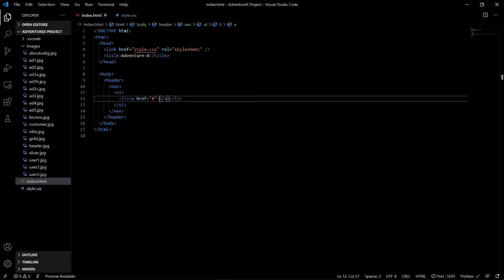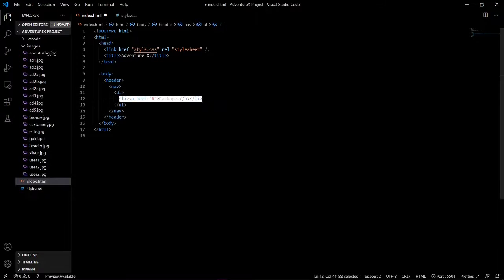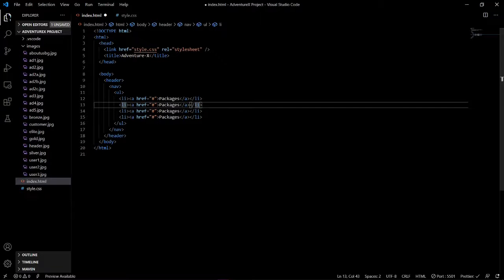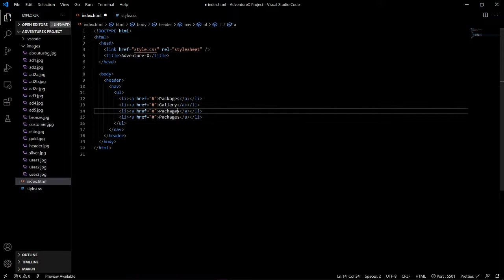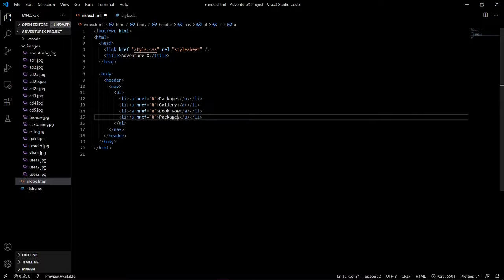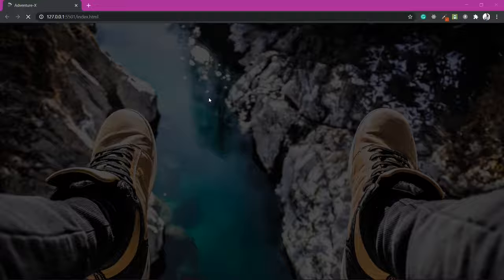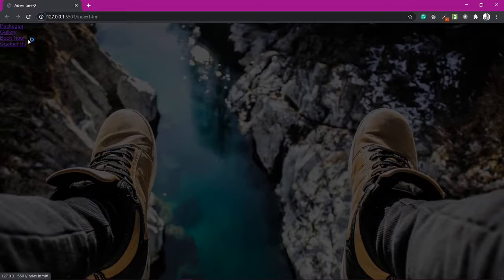So packages, and I'll just copy this whole thing and paste it. And packages, then we have gallery, then we have book now, and contact us. Let me show you how this looks like. So this is how this looks like right now,